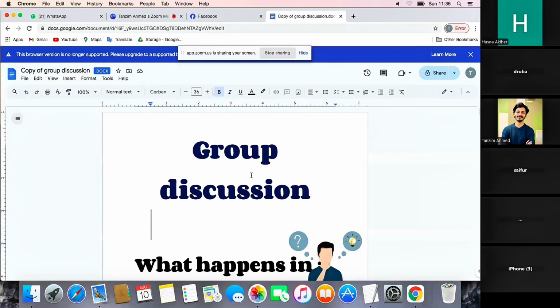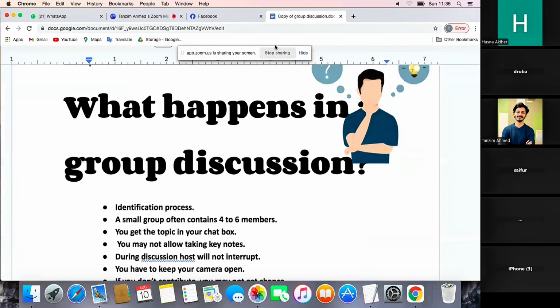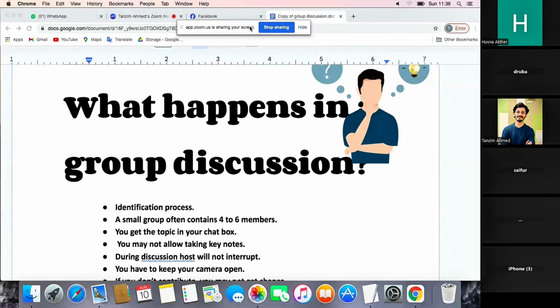Group discussion session, right? So this is a sheet that I'm going to follow, and in the first class, I'm going to give you a detailed idea about how you are actually going to face it. So I believe you all are ready. So let's get started. What really happens in group discussion is that, well, basically, it's obviously not a language test,